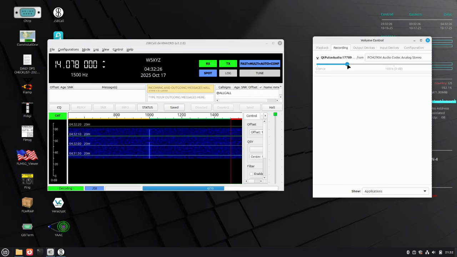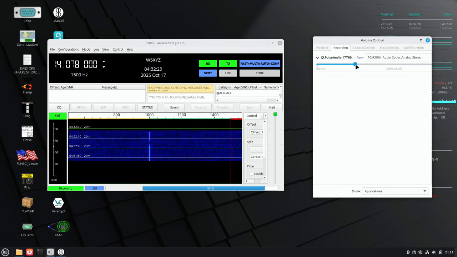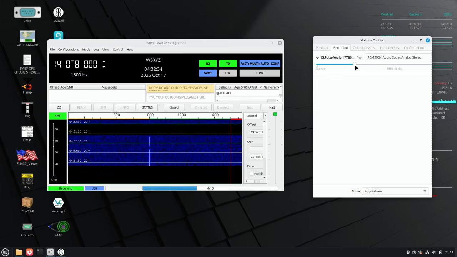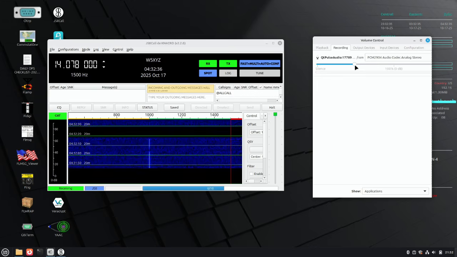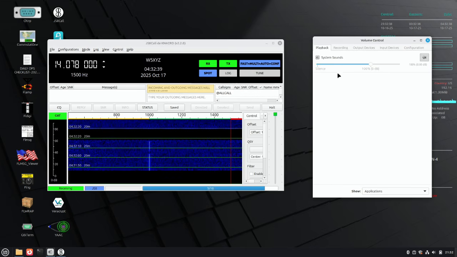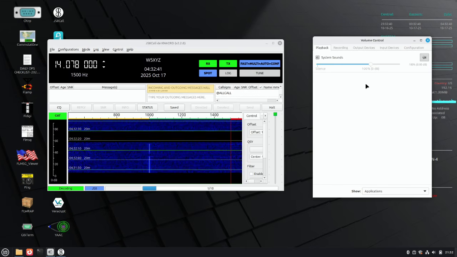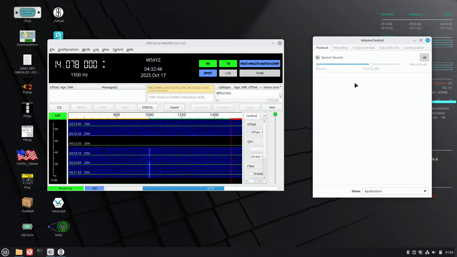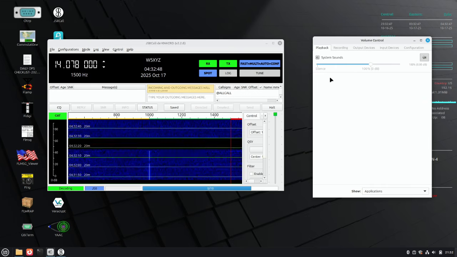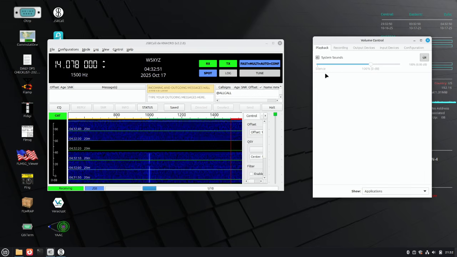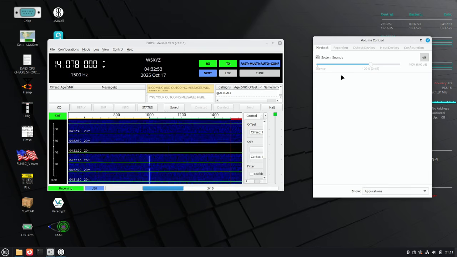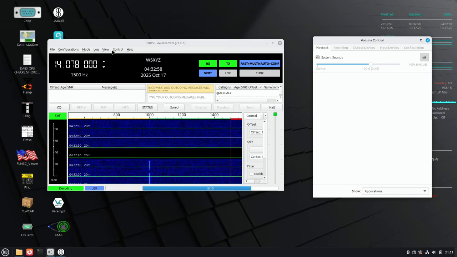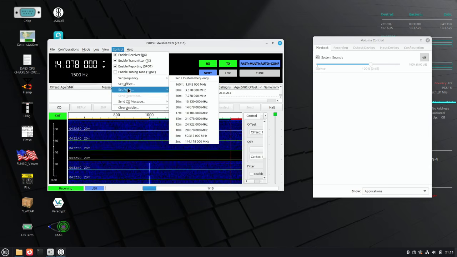So you'll find the sweet spot to get that balance, where you get a good signal coming in, but you're not squelching everything out and you're not overdriving incoming signals. And then your playback will not even appear at all unless you're transmitting. JS8 Call is peculiar in this way. There are some programs out there that won't even appear in your volume control unless you are actually transmitting. So let's go ahead and hit,